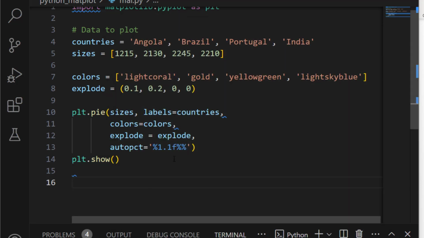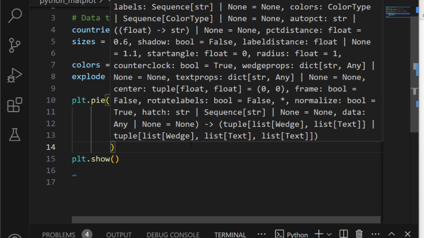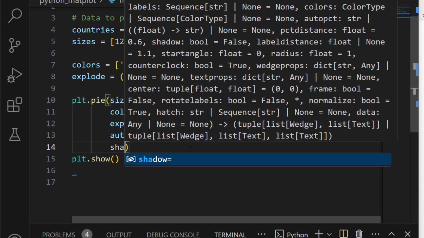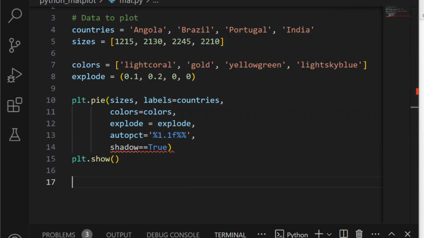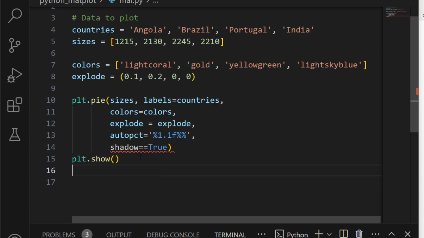Apart from this, another cool thing that you can do is show a shadow for your pie chart. So for that we can do something like this. See, shadow will be equal, we just need to activate it, which is true. Save. And if I run this, I don't know if the word activated is correct. I got some kind of error. What I did, I wrote shadow and put equal twice. I need to remove one of them. Bye bye. Save.